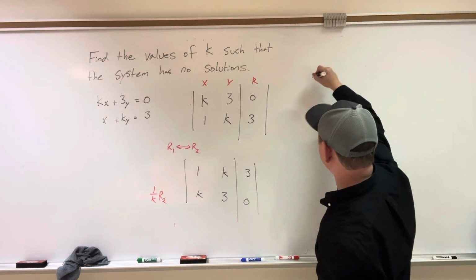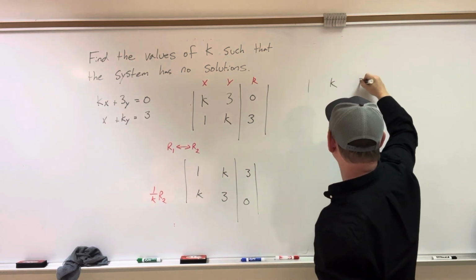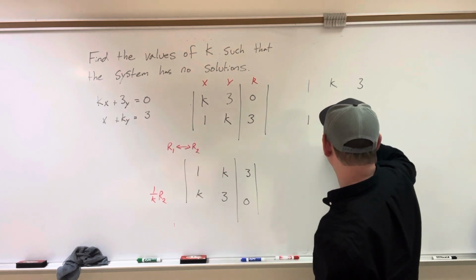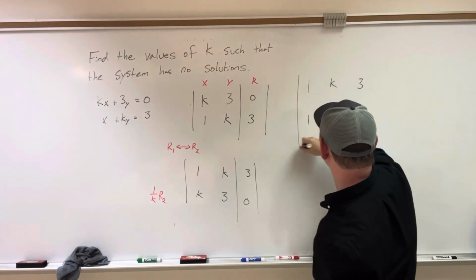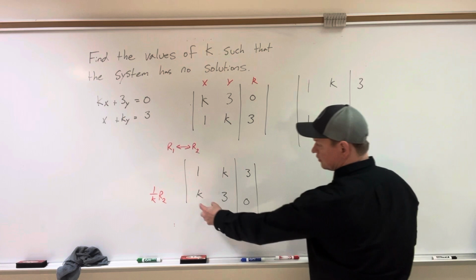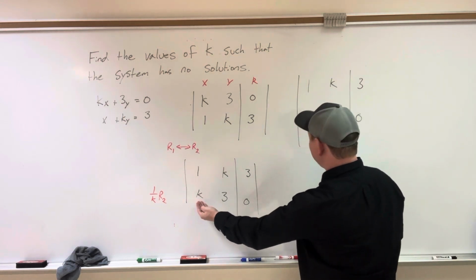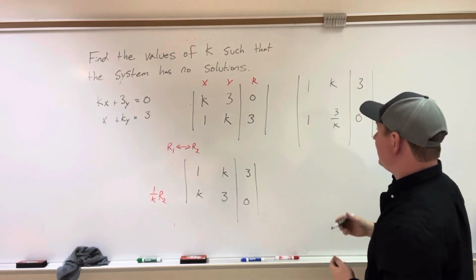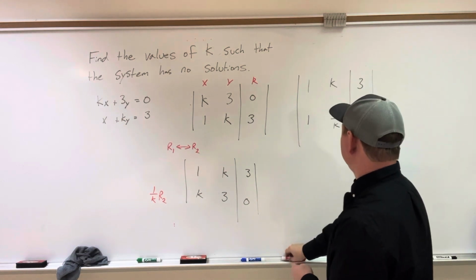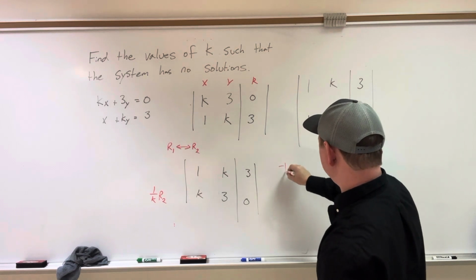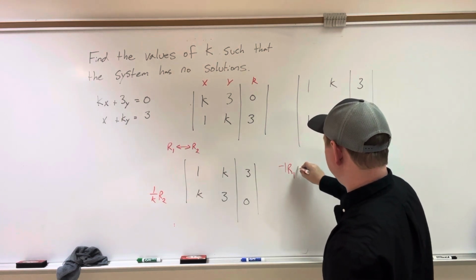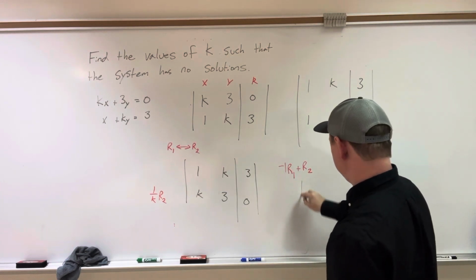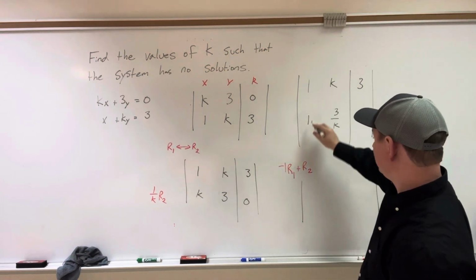So if I do that, then we have 1, k, and 3, and then I'd have 1, 3 over k, and 0. Because all I'm doing is multiplying this row over k. It's giving me my 1 over k, and that's still the 0. Okay, and then I multiplied negative 1 by row 1, and then I added it to row 2, which will give you